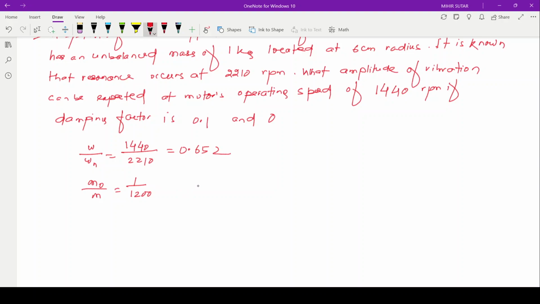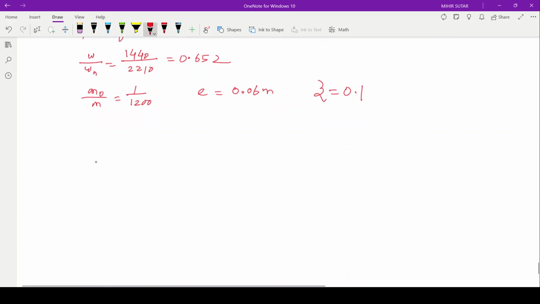Okay, and e is given 6 centimeter, so 0.06 meter, and for zeta equal to 0.1, we have the equation x divided by m0 e by m is equal to,